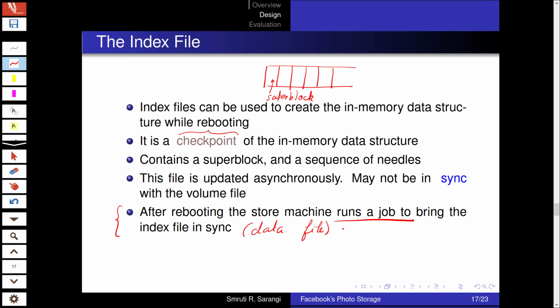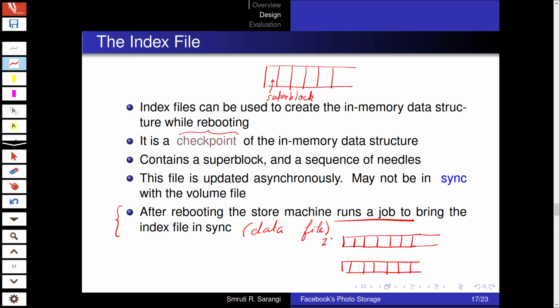One advantage is that since the data file is updated sequentially, it's like a stack. It's updated in a sequence, and the index file is also updated in a sequence. So we can say that there is a one-to-one mapping between the data file and the index file updates. The index file updates that we couldn't do in a given time frame, if we just queue them, will also be in the same order. So we need to apply them to the index file in the same order, and finding out how many outstanding updates remain is very easy. You just need to check the size of the queue, or we just keep a count.